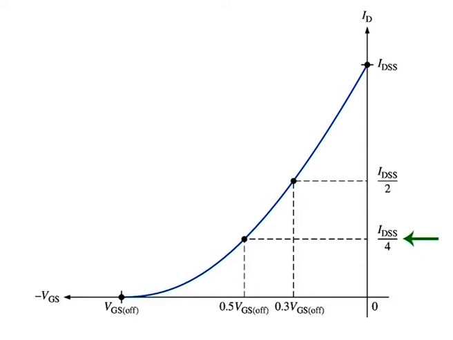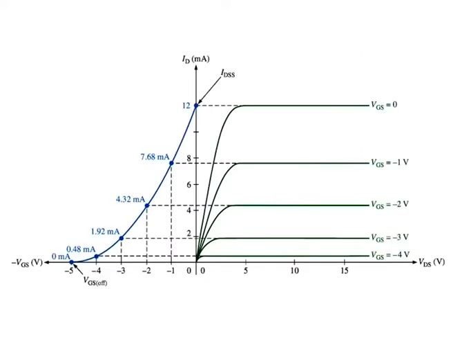ID is equal to IDSS by 2 when VGS is equal to 0.3 VGS off, and ID is equal to IDSS when VGS is equal to 0. The transfer characteristic curve can also be developed from the drain characteristic curves by plotting values of ID for the values of VGS